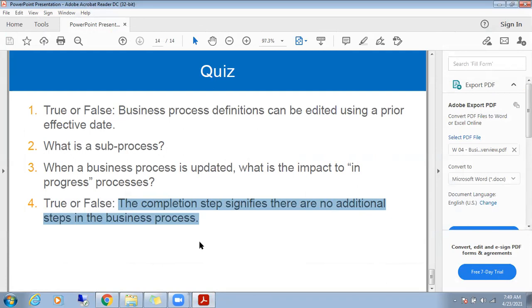It doesn't mean that once a step is marked as completed, everything ends. There are some other steps. So this is what the question is: the statement that the completion step signifies there are no additional steps is false. There are additional steps.